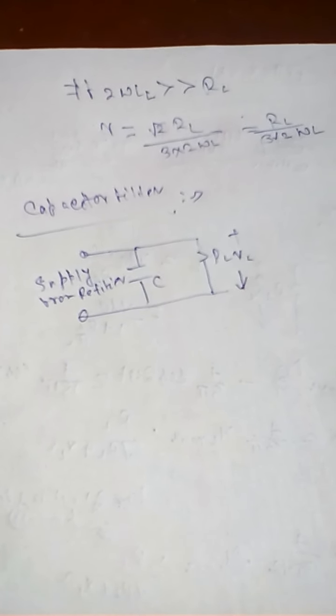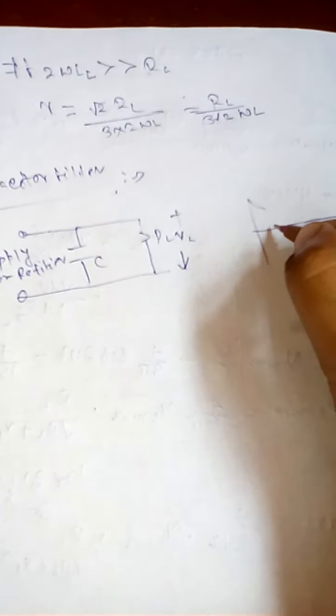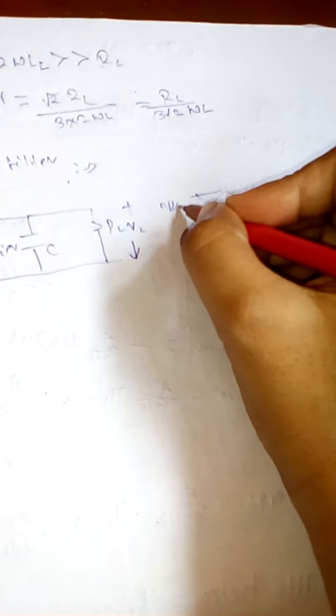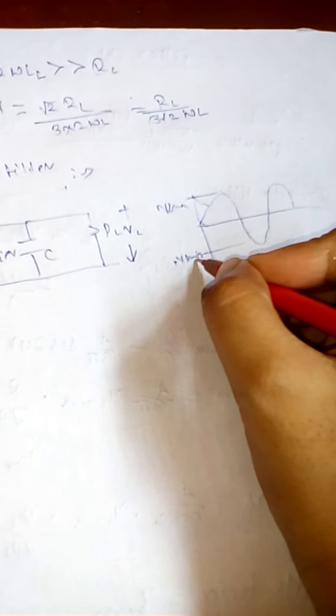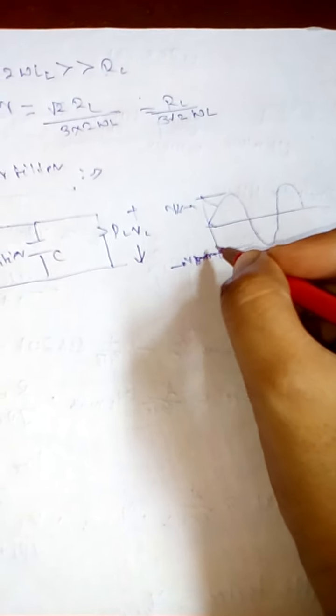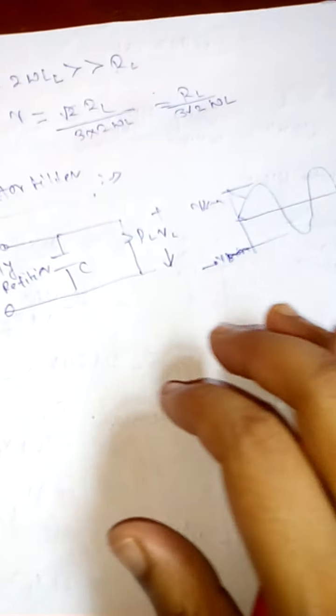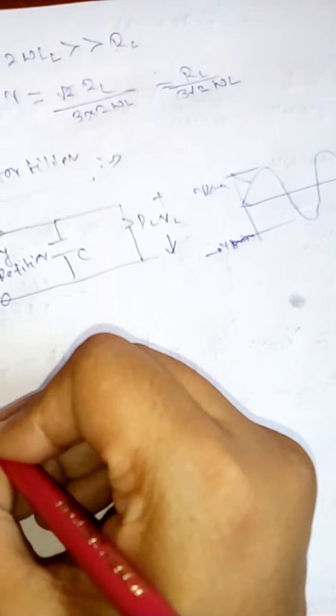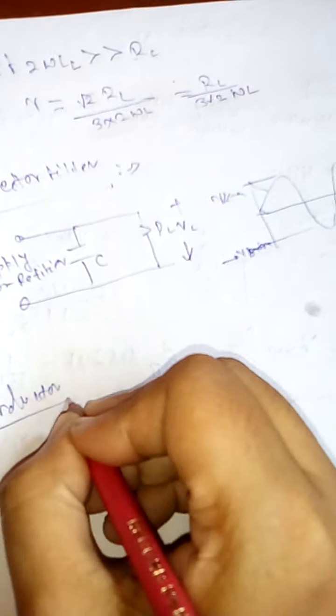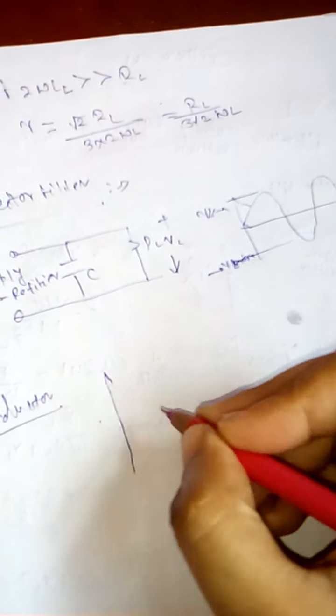In a capacitor filter, if we take the input waveform like that one, this is Vx max and this is minus Vx max. So if we see the waveform, if we see it for the inductor circuit, the waveform should be,